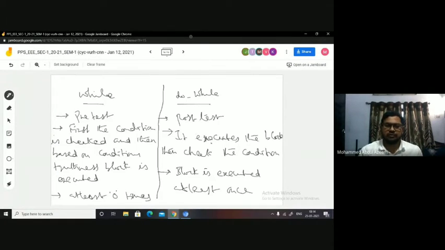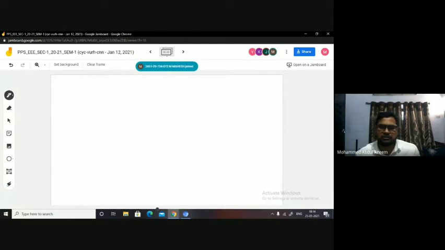This is the difference between the while and do while. You can then give the syntax if the question is asked, because this is one of the important questions being asked in external. So if that is asked, you can give these definitions and these differences, and you can give the syntax and the explanation. Okay. Now coming to the execution of do while.